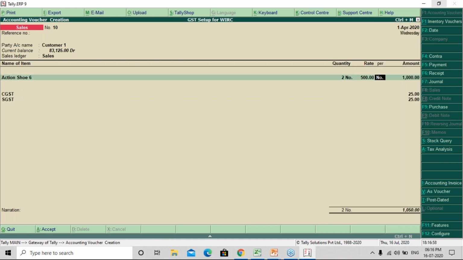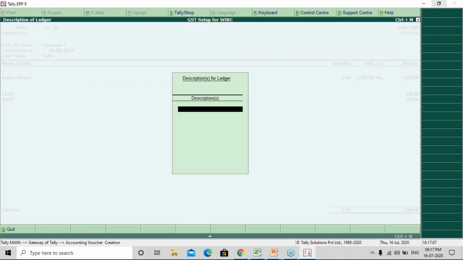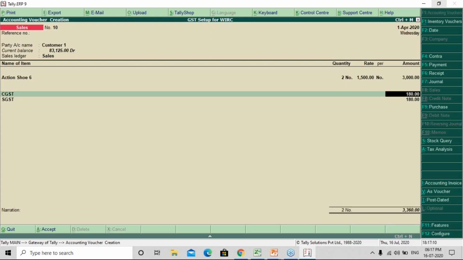Now if I change the rate here, if I make it 1500, now look at the GST calculation. The GST calculation is changed accordingly. Now it is 12%. So Amit ji, I hope both the queries are clear now and we can move ahead